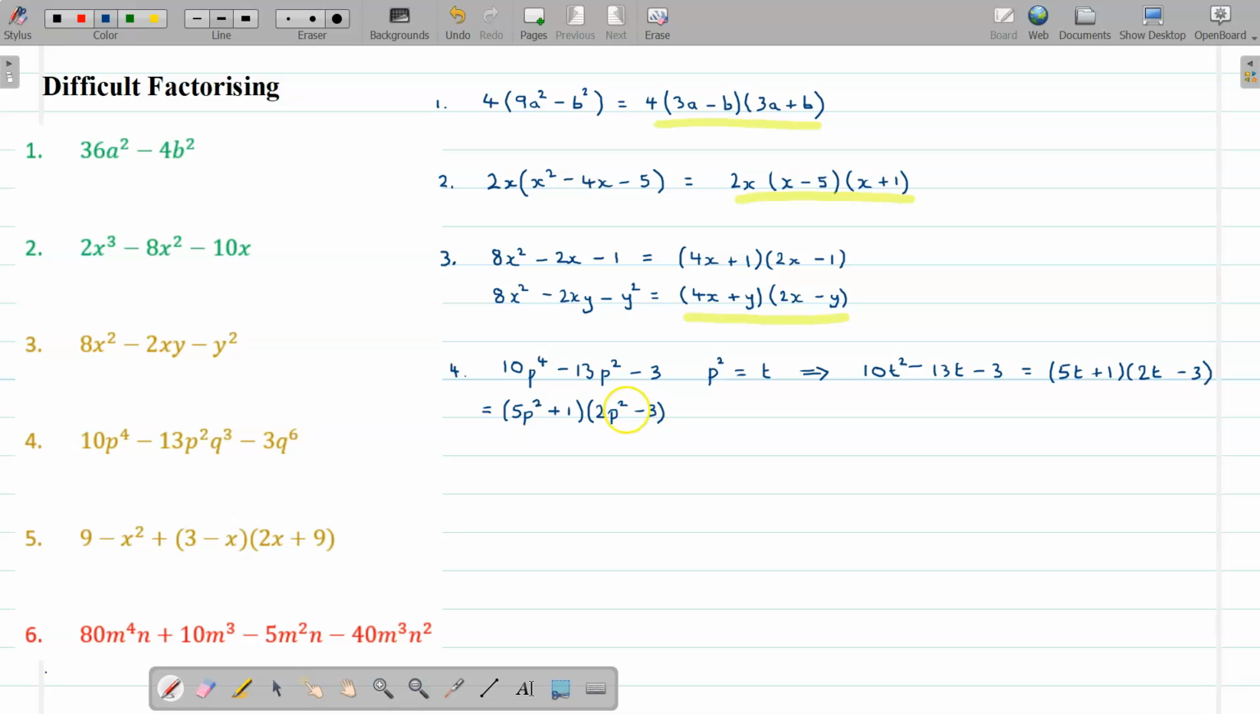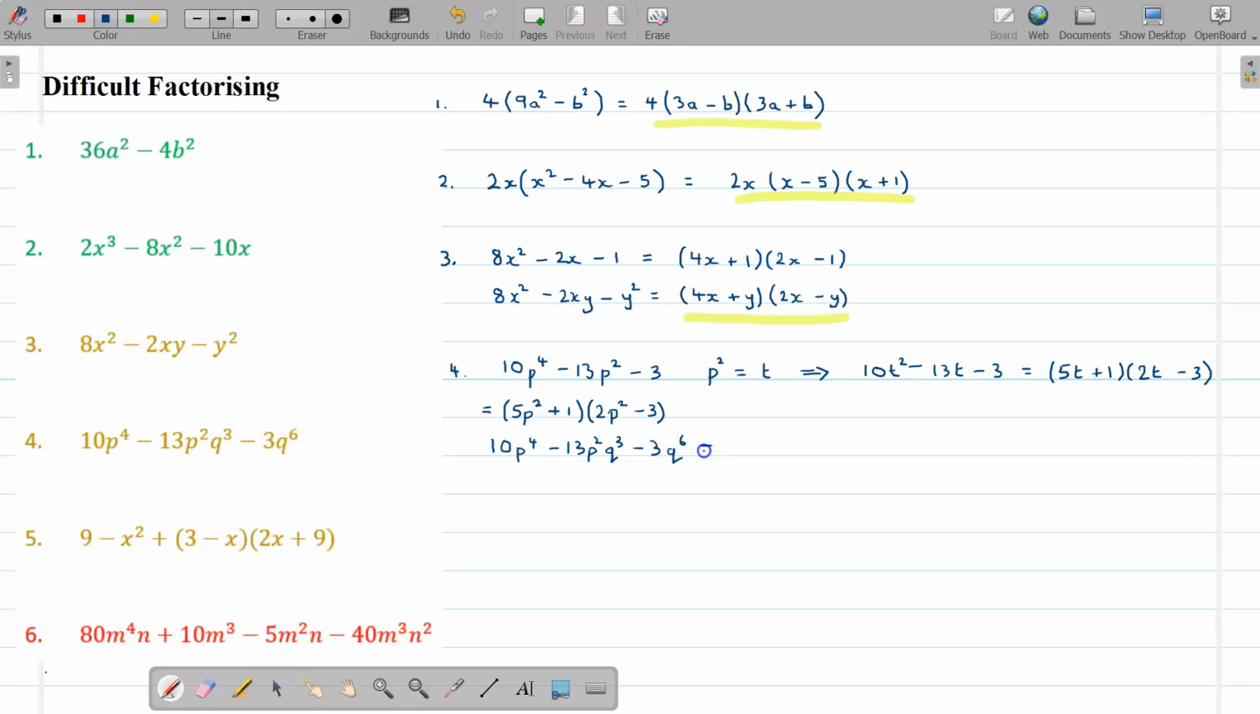Now if we go back to our original expression, we need to get our q back into it. And so if you look at what we've done, we've replaced the q with 1. So it should be easy to see that the original expression, which was 10p to the 4 minus 13p squared q cubed minus 3q to the 6,